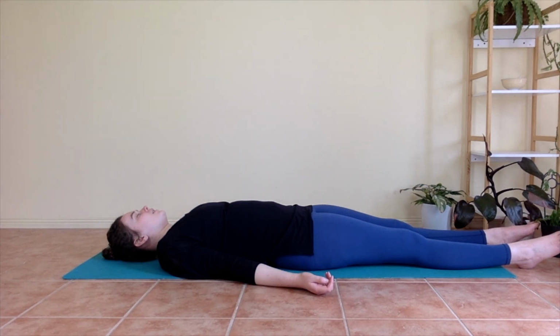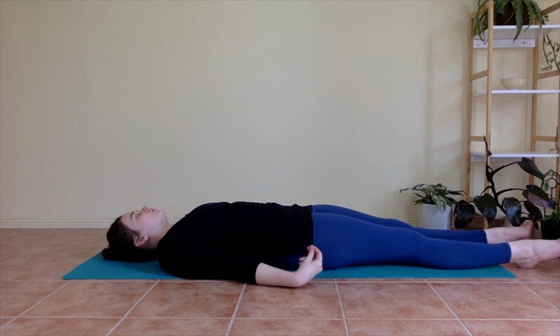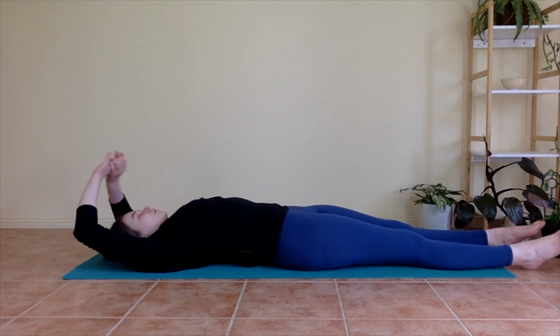Start to bring your awareness back to the space. You're welcome to stay in your Shavasana for as long as you'd like. Just pause the video. Otherwise, you'll start to lengthen your inhales and your exhales. Bringing a little bit of movement back to fingers, toes, wrists and ankles. You might like to take arms overhead for a full body stretch